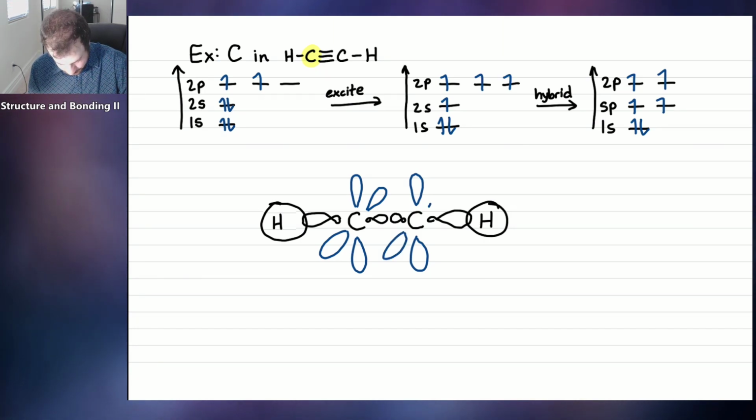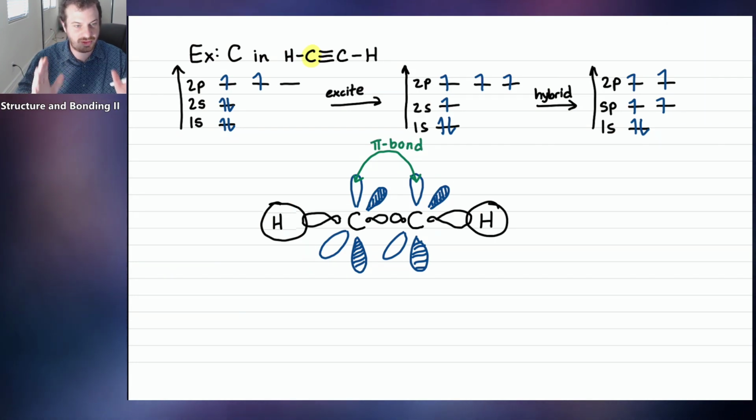Here we go. And remember, these p orbitals have phase, so let's shade these in to show this will be the negative side of the p orbitals, and then this will be the negative side of our other p orbitals. Okay, and this is what the bonding in acetylene looks like. We have actually 2 pi bonds. So remember, a pi bond is when you have these lined up orbitals, but the bonding is happening with electron density away from the bond axis. So it's not a direct overlap, but more of a side-to-side overlap. So we've created a pi bond there, but we've also created, at 90 degrees to that, a second pi bond.